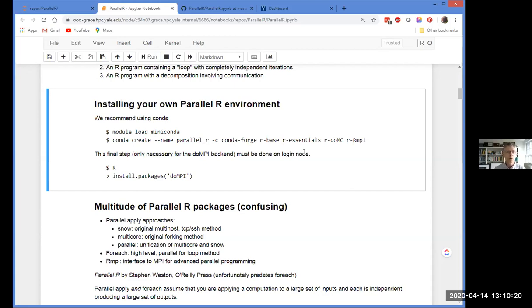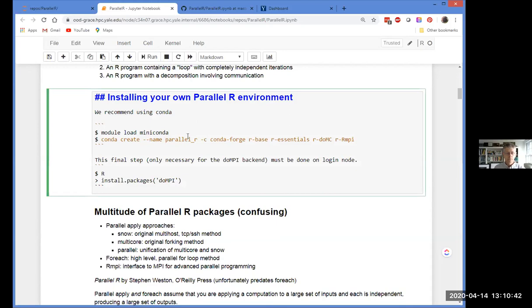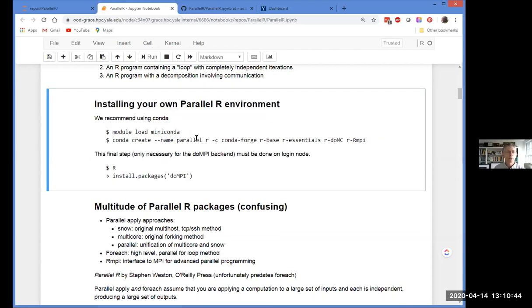It's normally a way of installing Python, but it turns out that it's also been used for lots of other things, including R. And so essentially what you want to do is install Conda. In this case, I used a version of Conda called Miniconda, which is a stripped down version of Conda. And on the clusters, the way we do that is we say module load Miniconda.